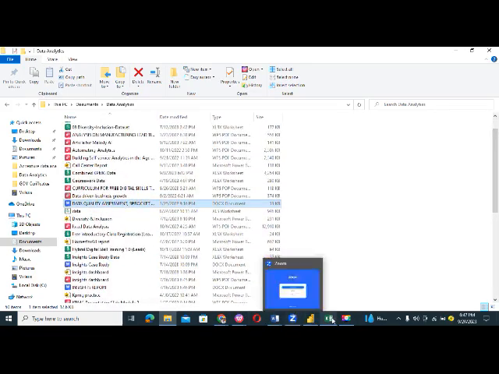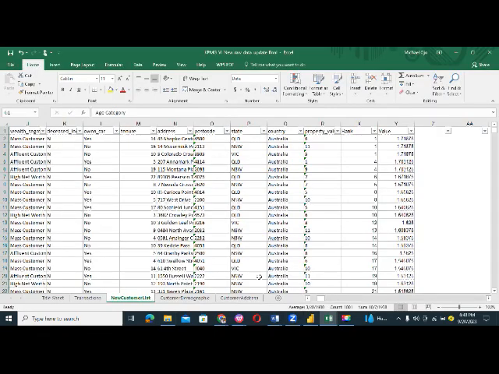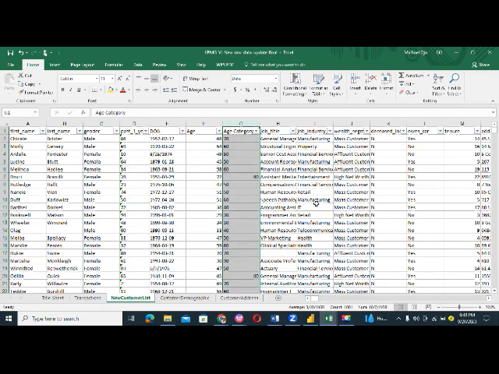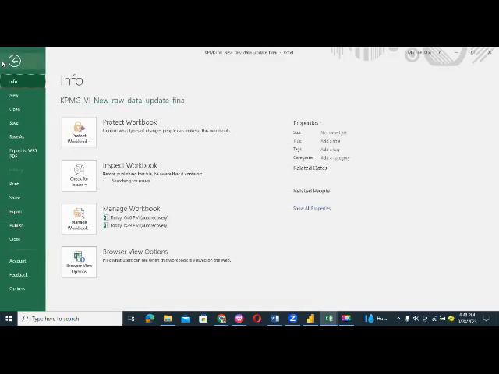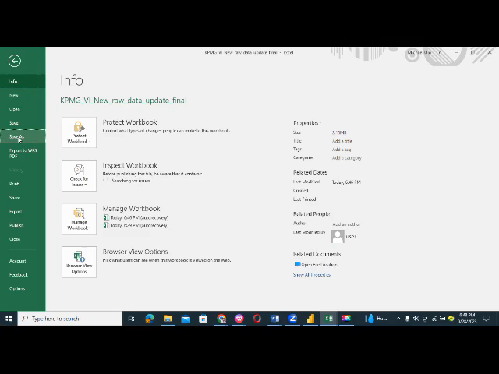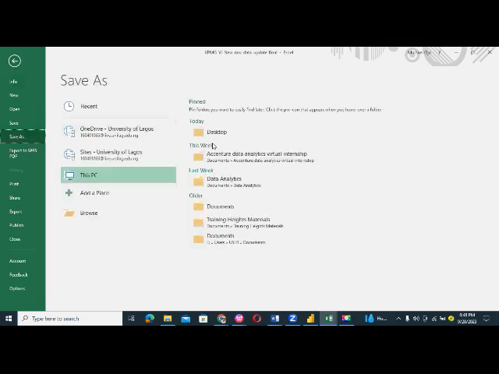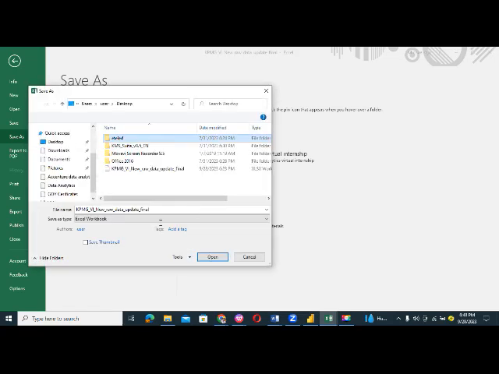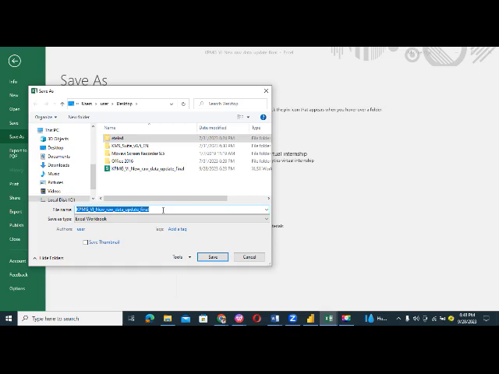So now that we've cleaned this data, I wanted us to do everything we did again in Power BI, right? Keep in mind that when you are given data, don't tamper with the original data. So what I've done, I'll just save as. I'll save it as cleaned KPMG data, right? I'll just call it cleaned, which I could have used in my Power BI. But one thing I want to show you is